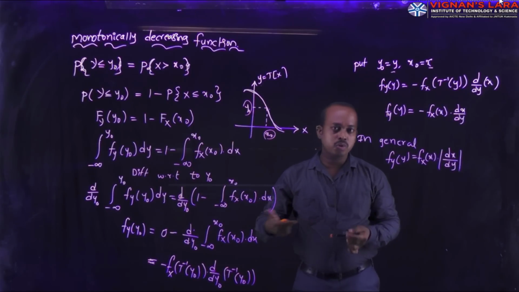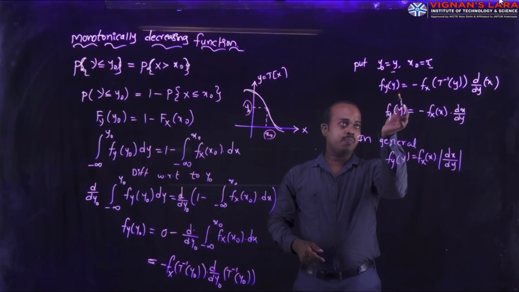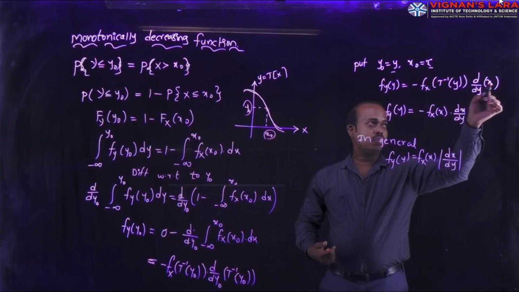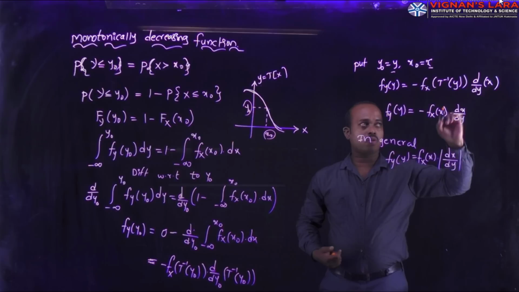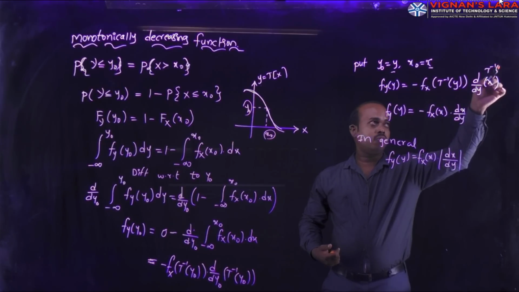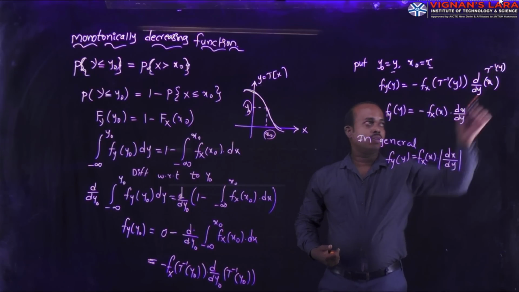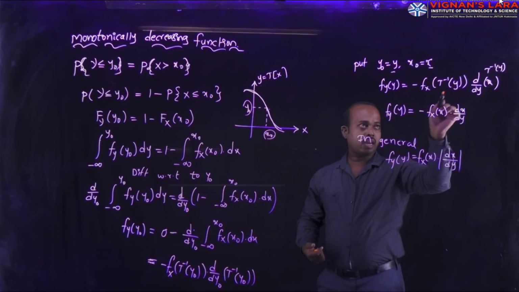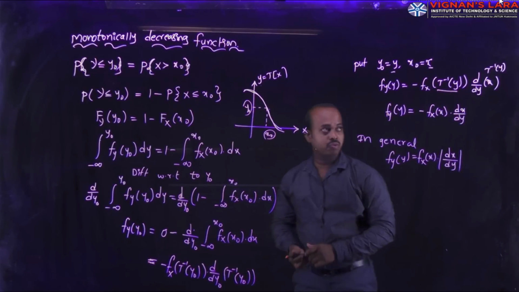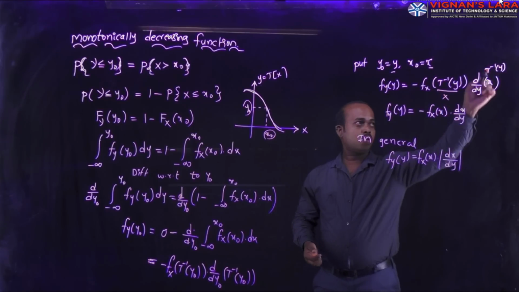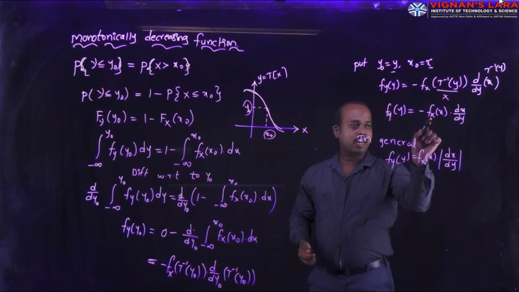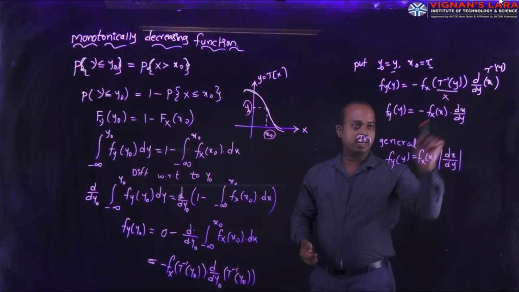Then the equation changes to F_Y of y is equal to 1 minus F_X of, the term is already in terms of y, so here also we write the quantity as T inverse of y. Now we can replace their equivalent quantities. Here I am replacing the entire quantity with x, and here this quantity also with x. In total, I am writing f_Y of y is equal to minus f_X of x into dx by dy.